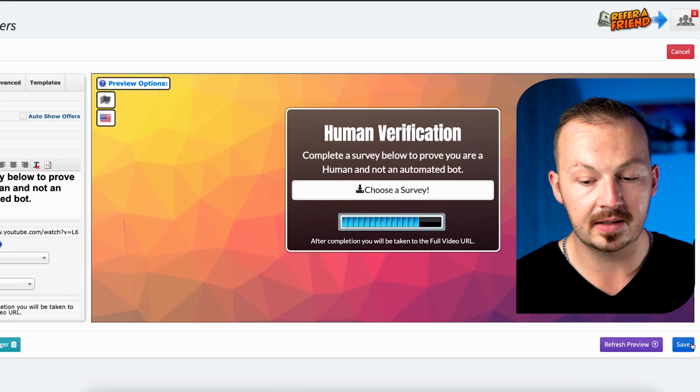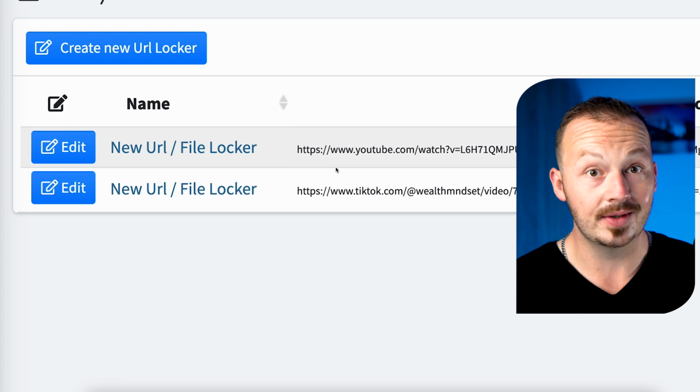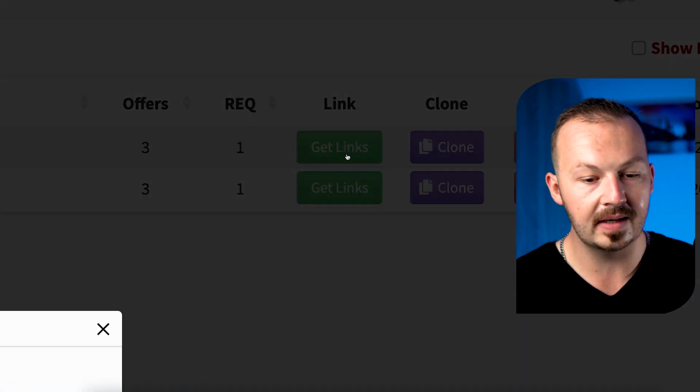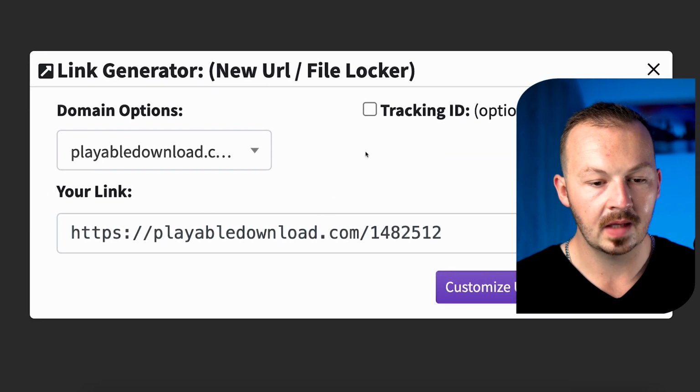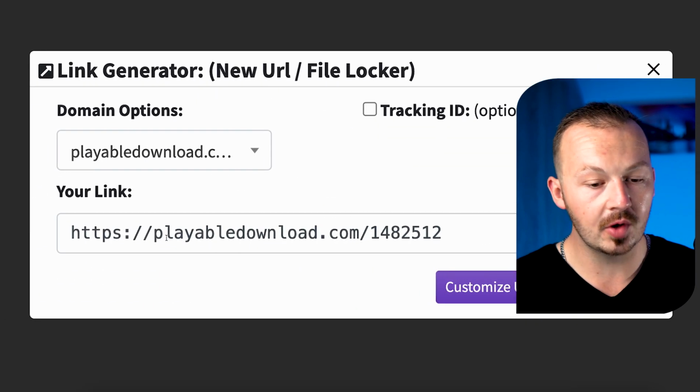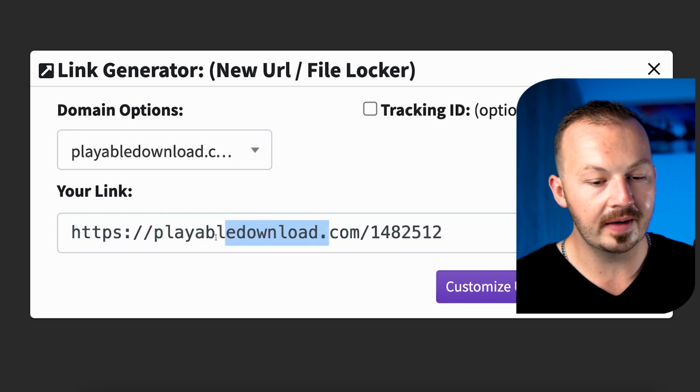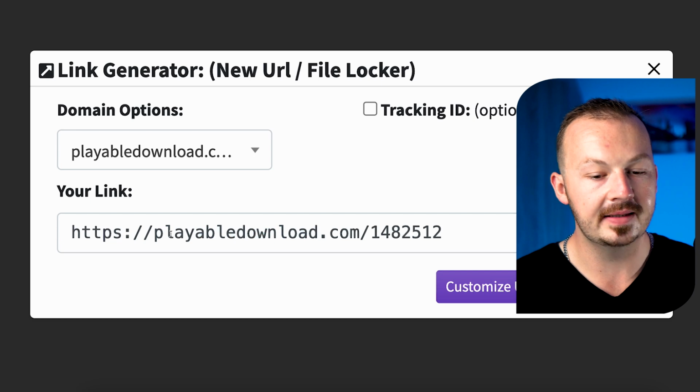Now you want to just click on save and your CPA locker gets created. Pretty much what you want to do then is just go to the section where it says get links, and you want to grab yourself a link to the CPA locker. And also what I highly recommend is that you don't go with this default URL that you're going to be provided with,